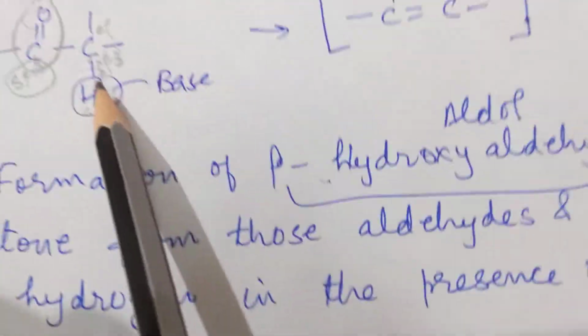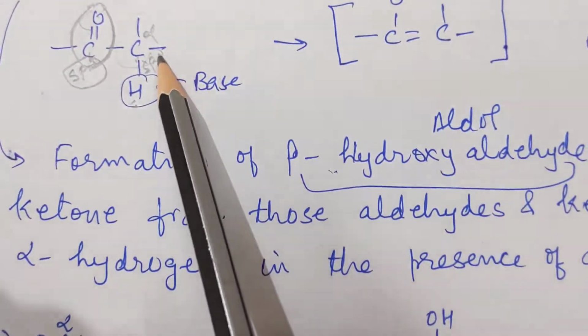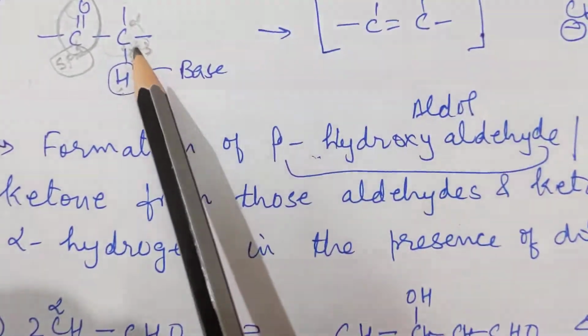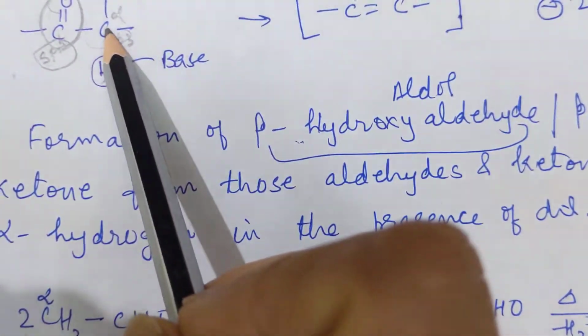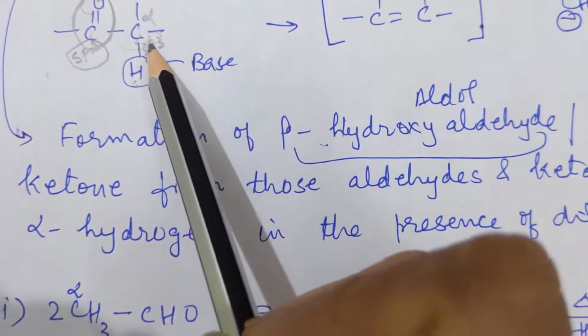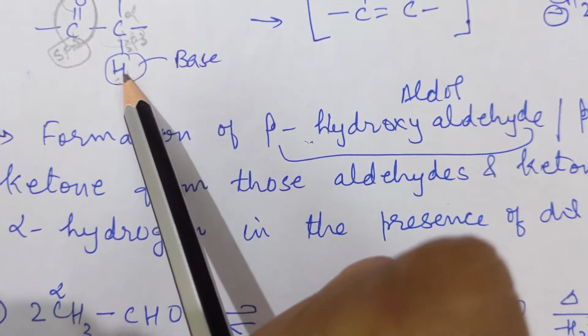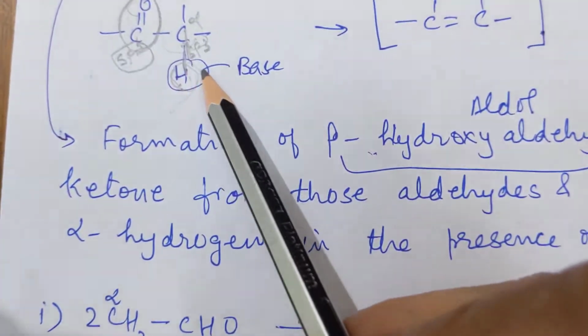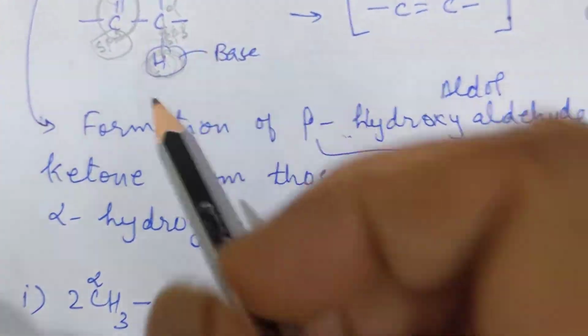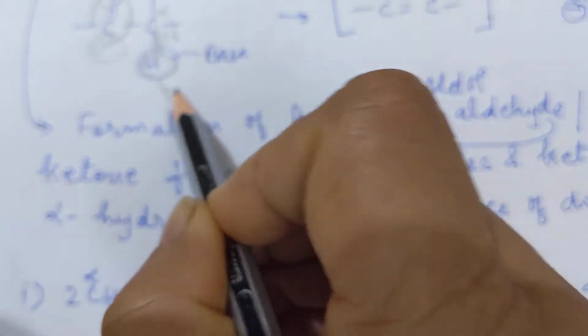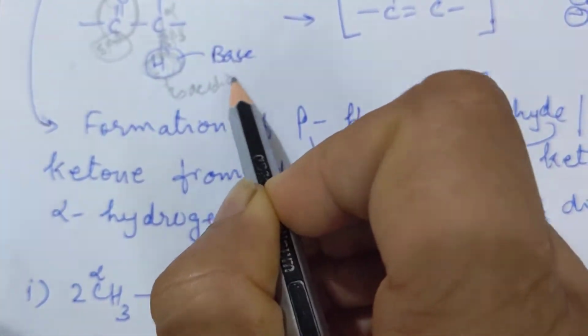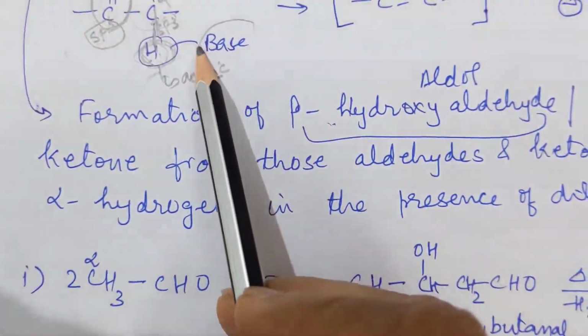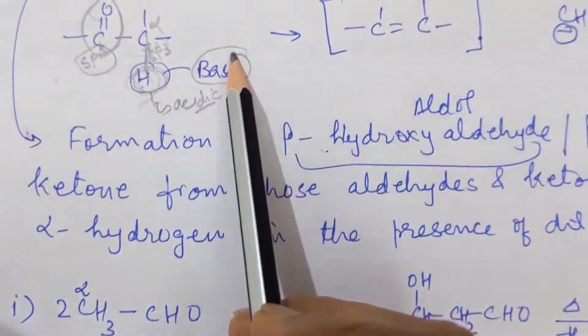Now, when this sp3 hybridized carbon becomes electron deficient, it will try to pull electrons from this hydrogen. Now the bond becomes polar. The more polar the bond, the more acidic the hydrogen. So this alpha hydrogen is acidic in nature, and this acidic hydrogen can easily be removed by a base,